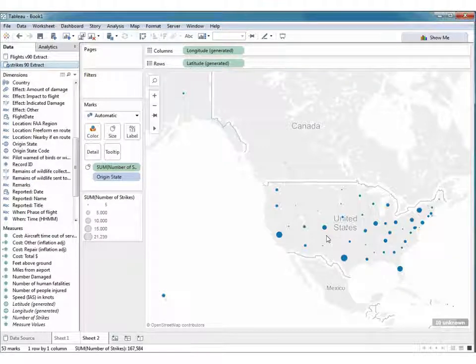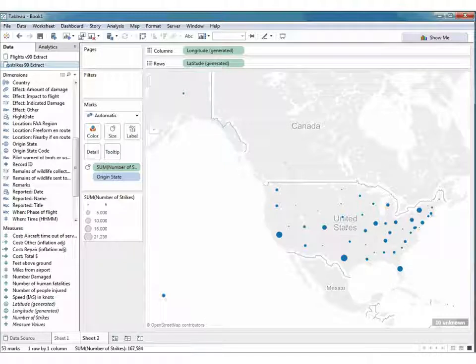And then if you ponder it for a moment, you'll realize that there's lots of commercial flights that are stopping in Colorado on the movement from east to west. And up here in Washington State, where I live, the mark is fairly small, so it doesn't seem like I have to worry that much about bird strikes in Washington State. Anyway, we could dive deeper into this data here, but what I want to move on to is the when question.